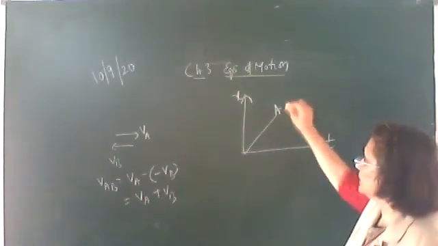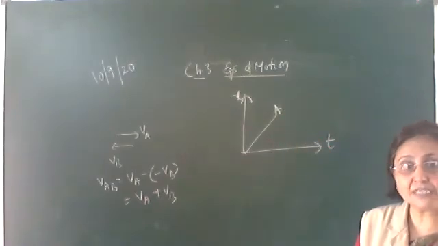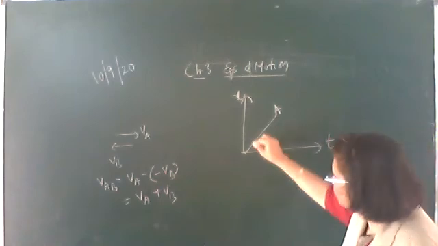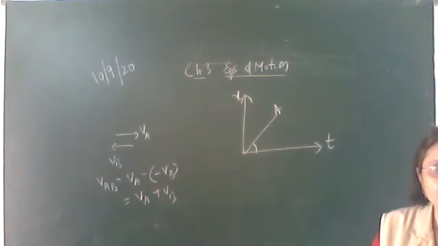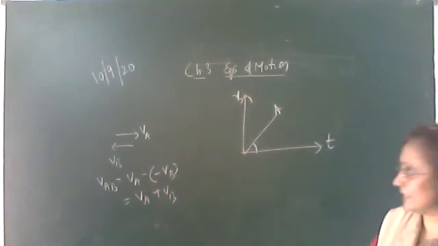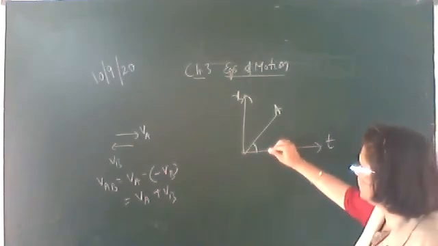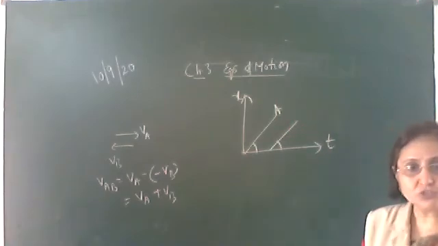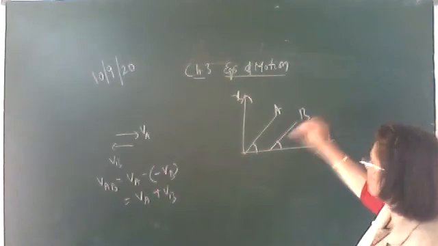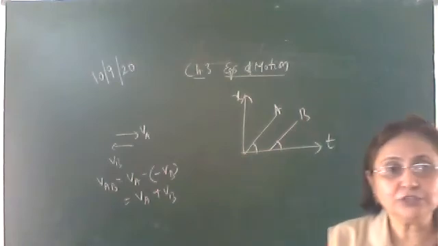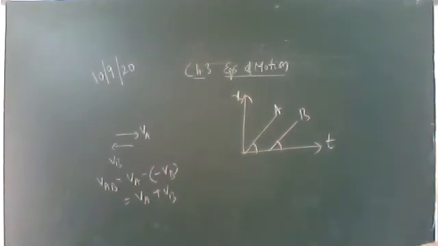Let this be body A. The other one is also moving with the same velocity. So what should be the same? Tan theta should be the same, because here tan theta, that is the slope, gives the velocity. If both are moving with the same velocity, this theta should be the same, so that tan theta is the same. So how will the graph be? As both bodies are moving with equal velocities, they will be parallel lines.